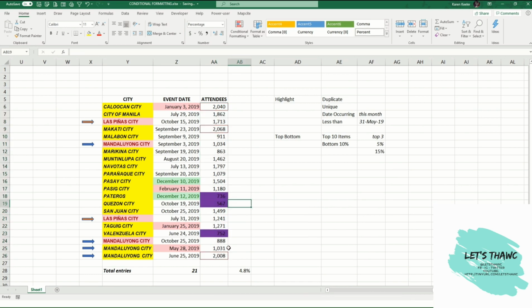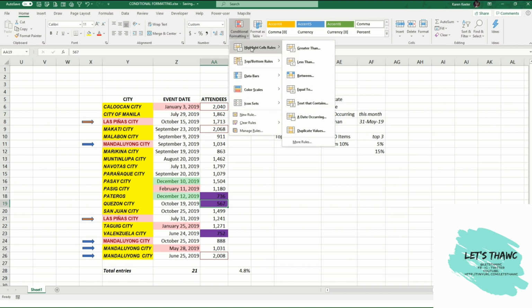It was able to identify the bottom 15%. So remember, one entry is composed of 4.8%, or that is almost 5%. So getting the bottom 15% identified the 3 entries that we have. So that's how you are able to use conditional formatting, by highlighting cells and identifying top and bottom numbers or